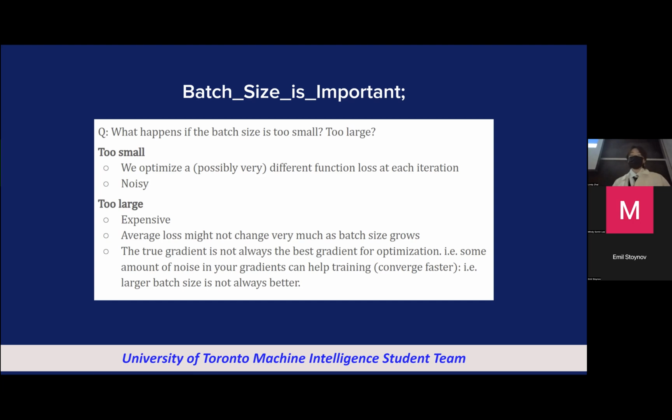What we just said: because you have much more data to look at, when you're averaging it, it can cancel out. So your average loss might not change too much, and your model will essentially pick up the general trend, but it might lose something because a specific characteristic is not being picked up. And the third thing is that the true gradient is not always the best gradient for optimization. Some sort of noise in your gradients can actually help you jump out of the local minimum and find